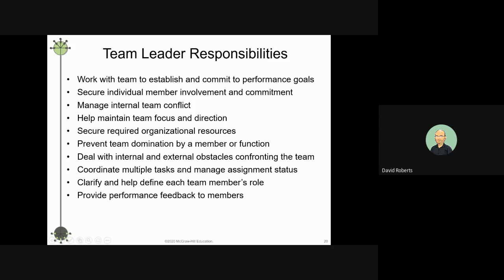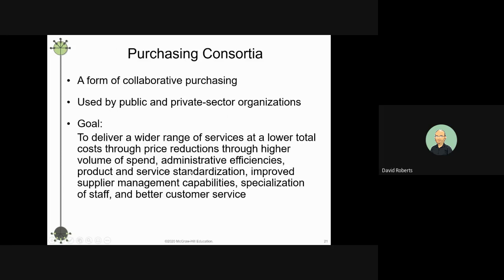All right, making sure that team members' roles are clearly defined. You hear this even in sports. I know what's expected of me, so maybe my role will change from an offensive role to a defensive role, and I get a great deal of pride in shutting down the other team's star player. So it's not always about offensive statistics, as opposed to my goal is to stop the puck, or my goal is to put the puck in the other team's net. All right.